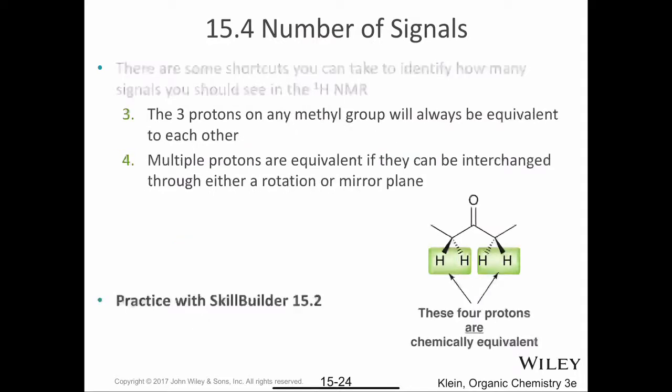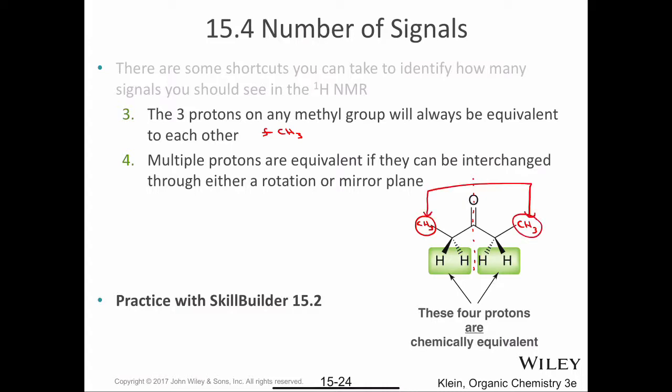Another quick rule is that the three protons on any methyl group will always be equivalent to each other. So anytime you see a CH3 group, you know that all three of those protons are chemically equivalent. Multiple protons are equivalent if they can be interchanged through either a rotation or a mirror plane. You can see clearly that there's a plane going down the middle of this molecule. Therefore, these 4 protons highlighted in green are chemically equivalent. Also, the 6 protons in the 2 methyl groups at the ends of the molecule are also chemically equivalent based